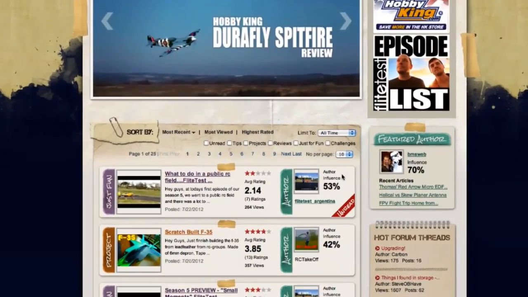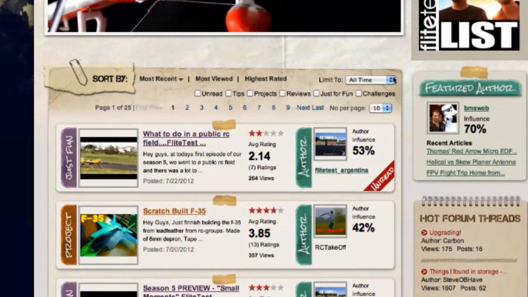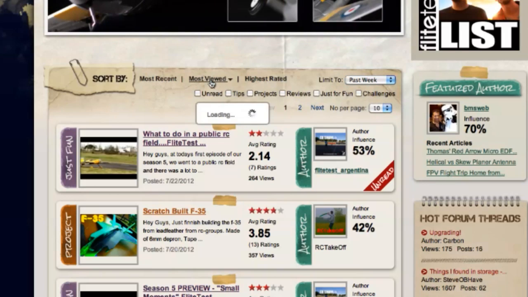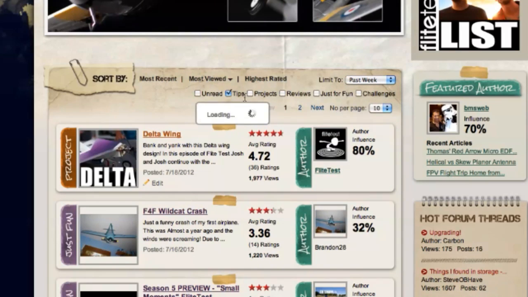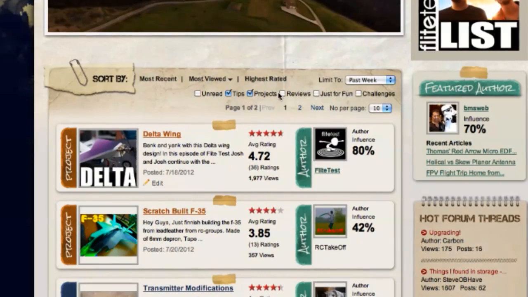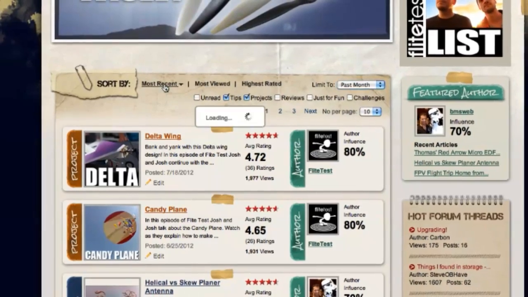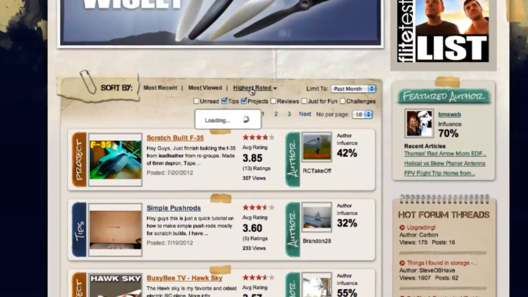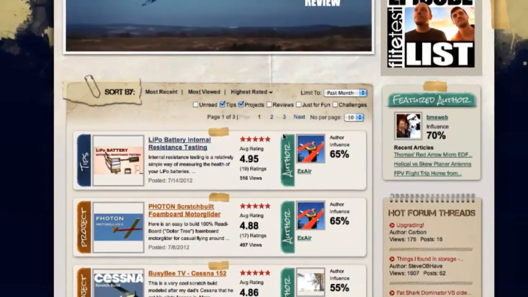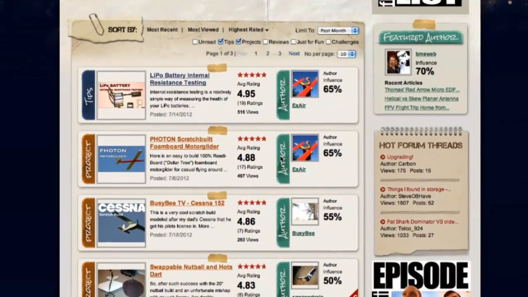The other thing is how to find stuff. Our search function is really strong. We put a lot of work into making it work well, and our sorting functions. So you'll notice one of the newer features, you can actually limit the time span. So if it's something you want to see just within the past day or past week, once you limit the time span, you can actually go in and sort by rating or the views or even date. So we are adding more functionality, and we're going to continue adding functionality and trying to make it better and better as we go.